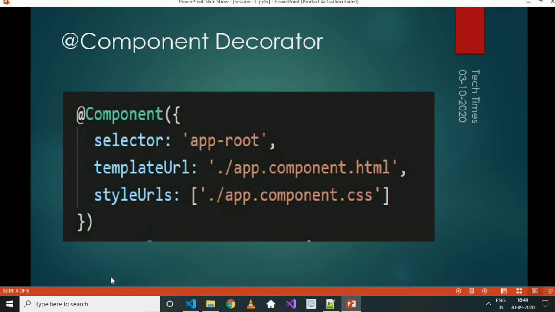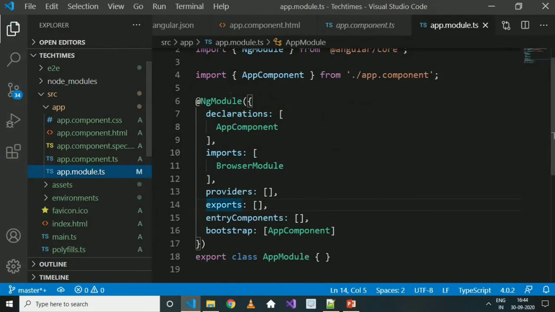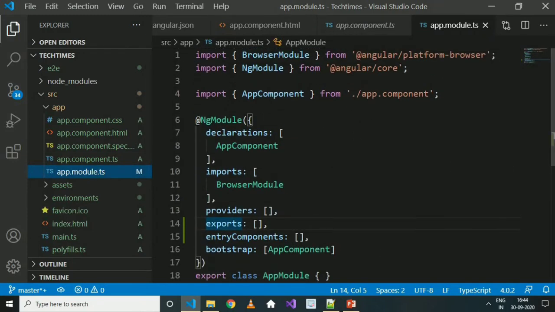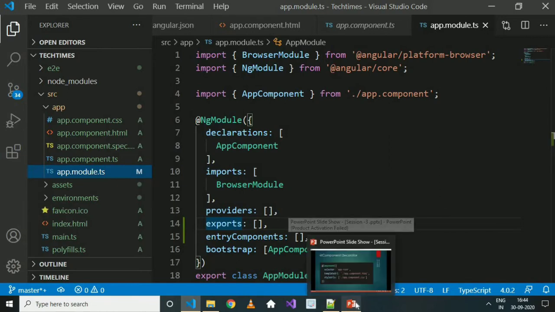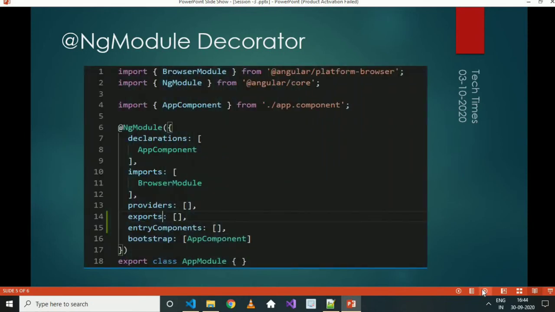Now the last file is the app.module.ts file. In this file, as you can see, there are several imports, out of which some are built in whereas others are custom components. So we can import the component as per our requirement. We'll understand this in more detail in later videos.